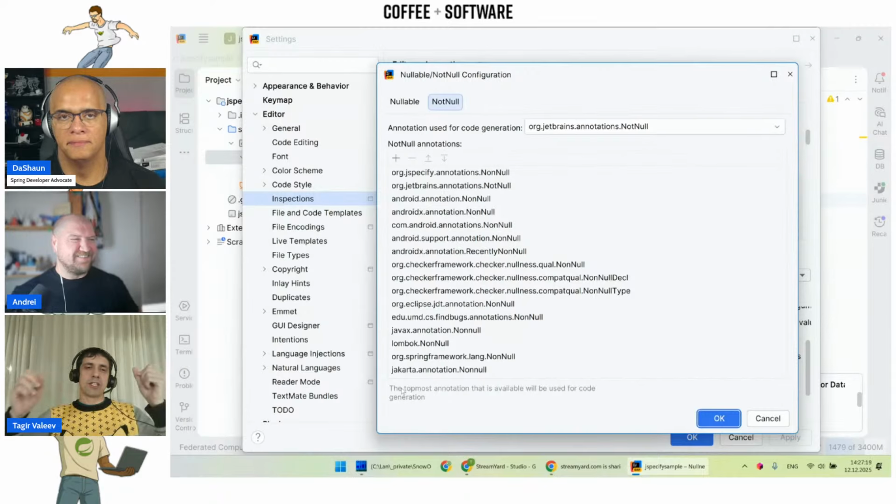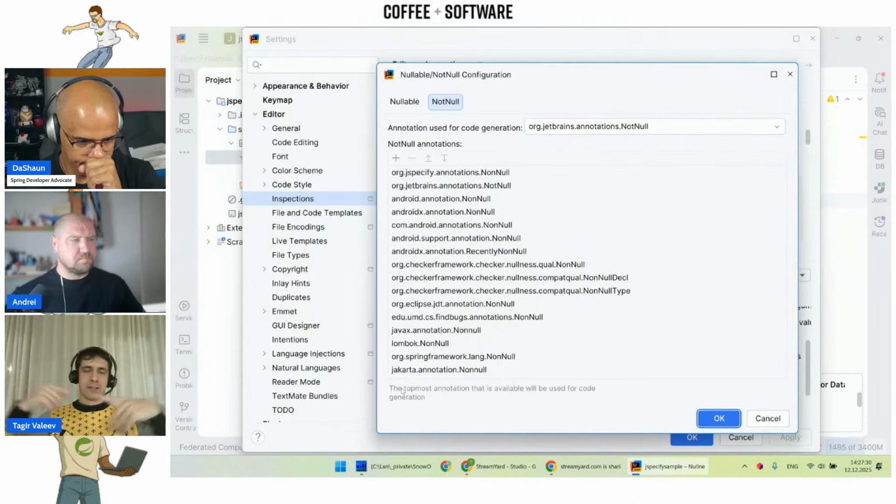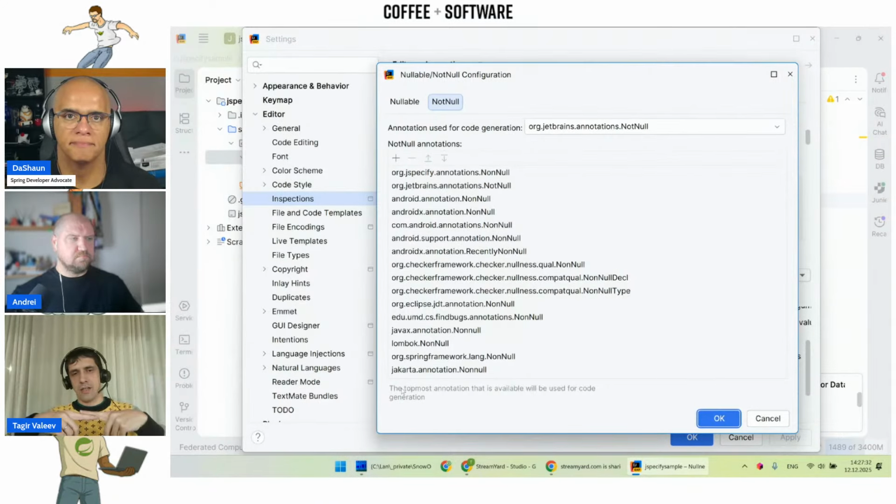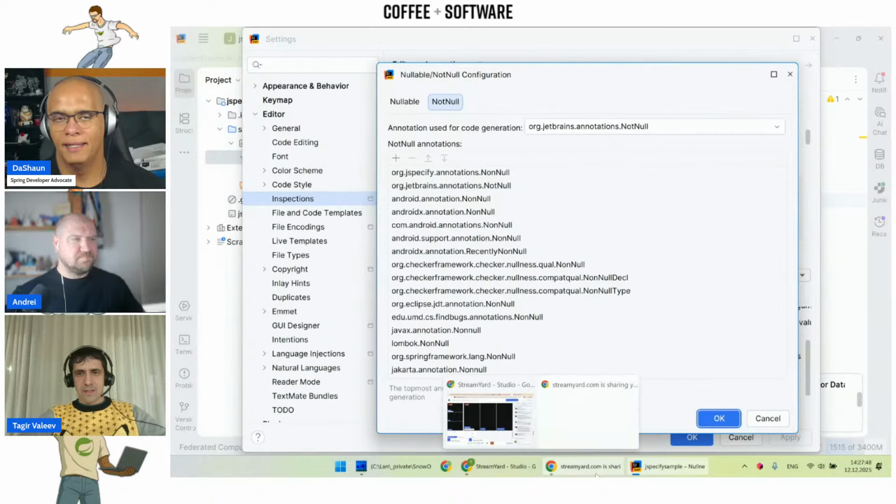With Lombok, I guess the situation is a little bit different because they actually add a runtime check. So if you annotate, for example, a method result as non-null, it will be checked that your method actually never returns null. They don't have a nullable annotation, I guess. They have only non-null. So it's not about static analysis, but about runtime instrumentation, which is also kind of cool. Yeah, absolutely. That's cool. Thank you for showing us that.